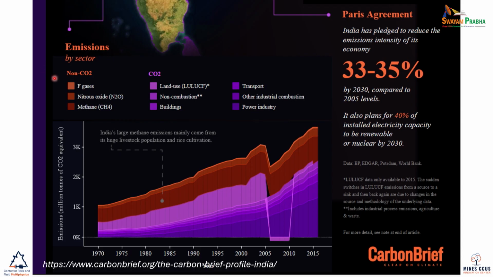These are the emissions for India, and again, this is from 2015, 2016, that's how far this goes. So we have fluorinated gases, NOx, methane, and other non-combustion, building, transport. So these are the sources of emissions. When we're looking to capture, we're looking to say, where are we going to capture? What is easy to capture? Let's do that first.